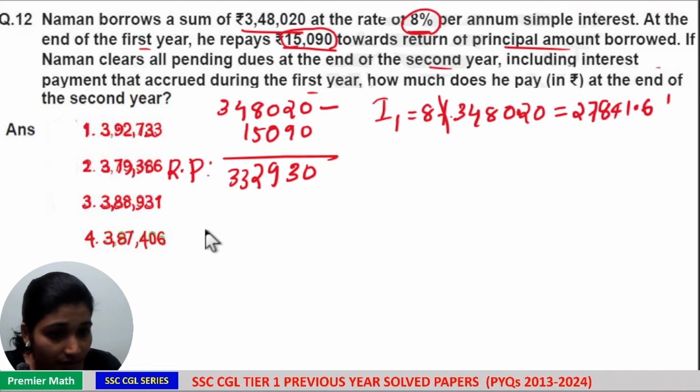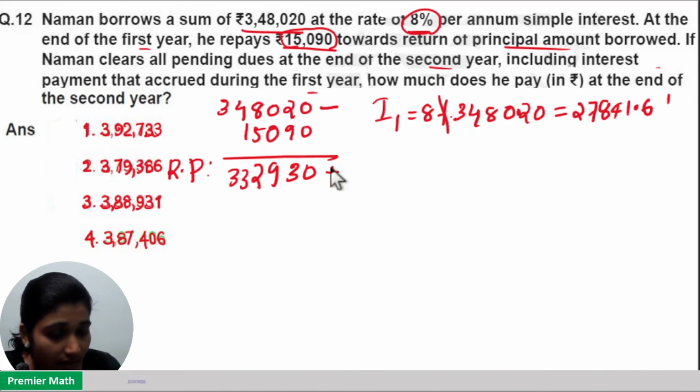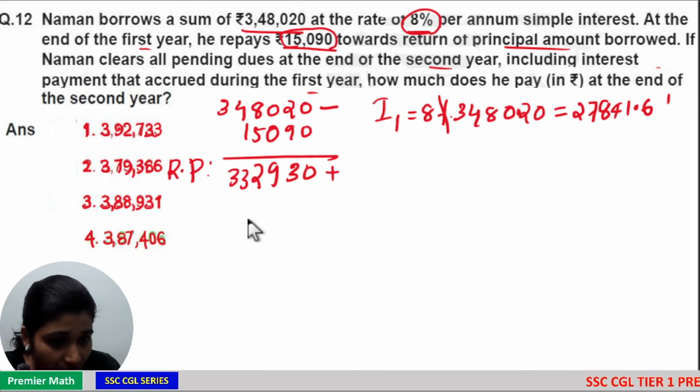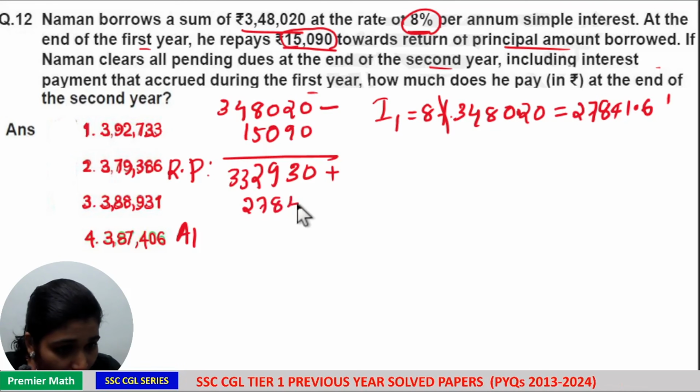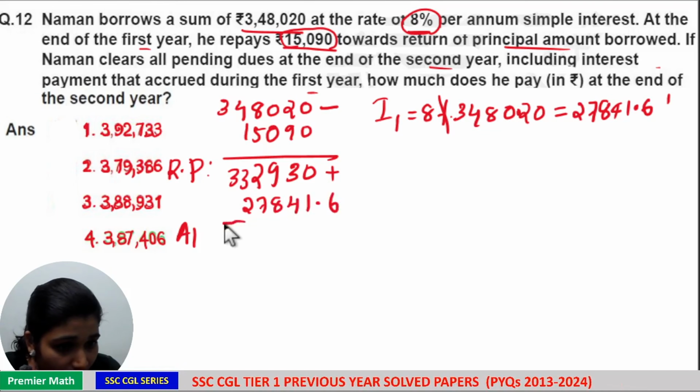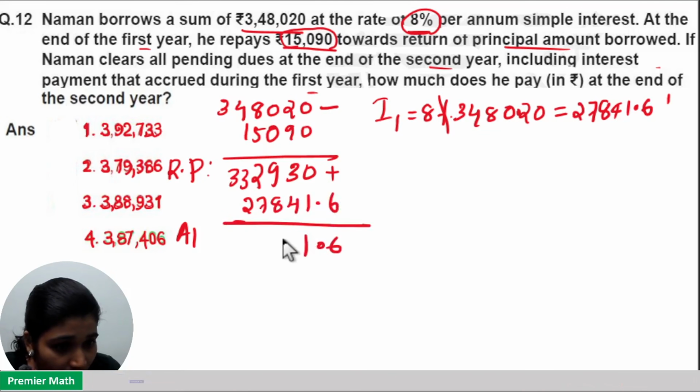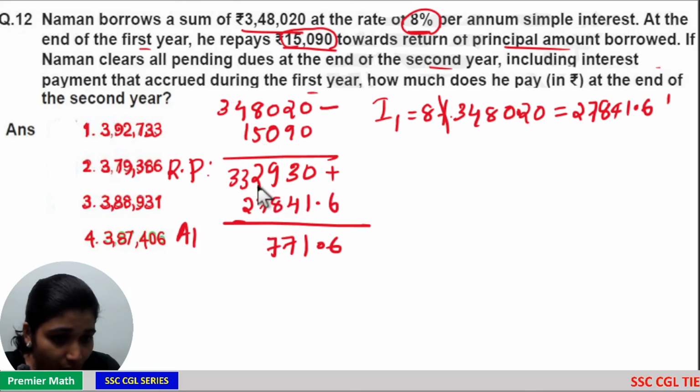Now here if you add this interest for first year plus the remaining principal, then you will get the amount after first year. So add these together. 27841.6 plus remaining principal equal to,